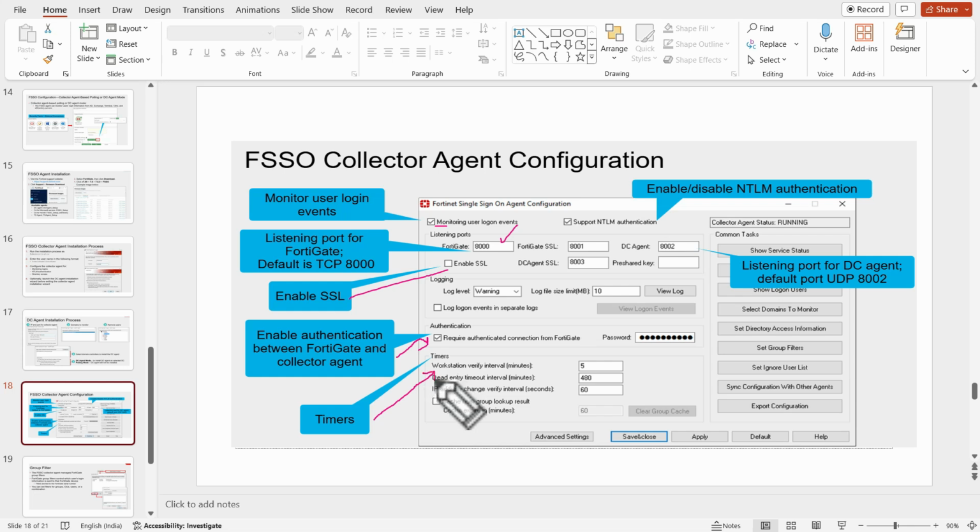Timers, we can set the timers like workstation verify interval, dead entry timeout interval, IP address change validity interval. So these are some timers which are currently running, and here we have to select the DC agent listening port on the DC agent, default is UDP 8002. Also it supports NTLM authentication. We can enable or disable it. So this is basically the FSSO collector agent configuration,